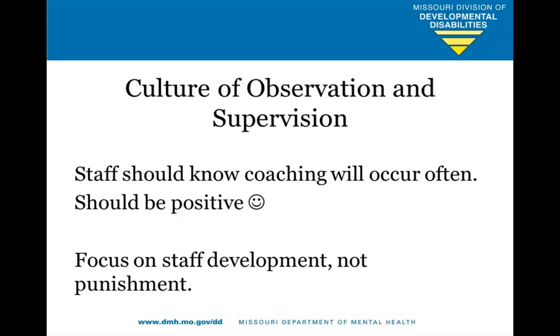Most of the time we stop at training and we think that skills are going to maintain or just happen automatically and forever after they're taught. That does not work. Effective organizations, effective systems have effective supervision and positive supervision. So if you want a happy organization or a happy system, you're going to have positive supervision where your staff know that they're being observed.